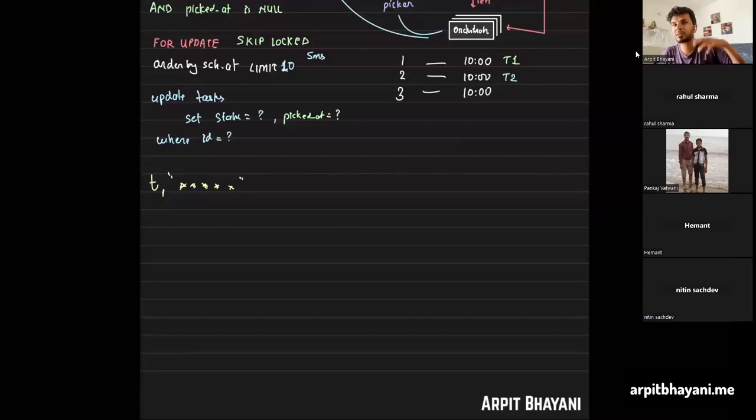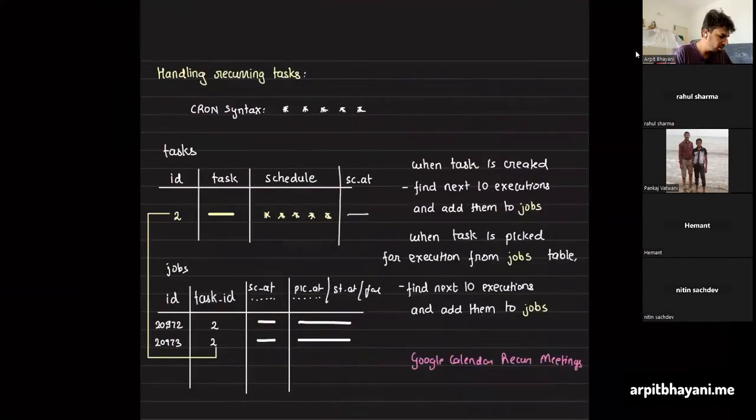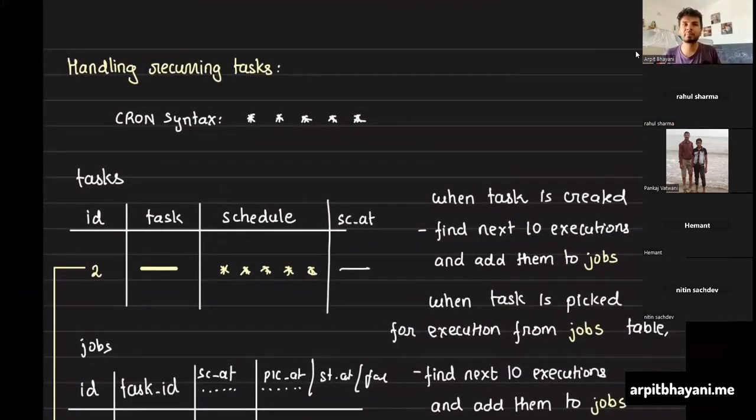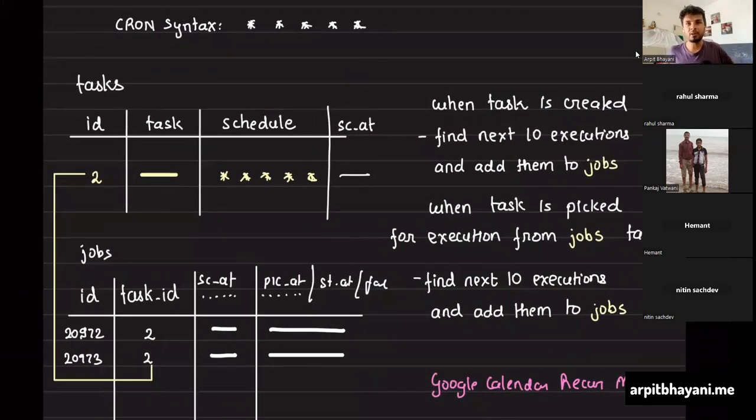Now, given that we have solved this problem really well for one task execution, how would we extend this solution to build a system that handles recurring tasks? The idea is very simple. If we have solved this problem for one task, doing it for recurring tasks is very simple, because up until now, what we did is we had a task table where the user registered the task. We just added an abstraction on top of it.